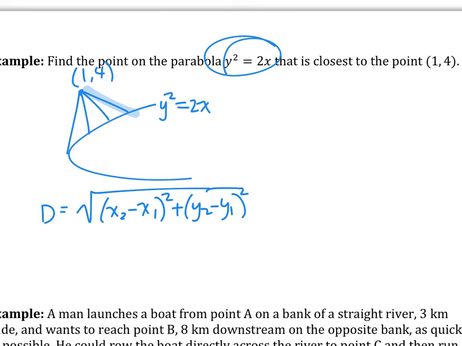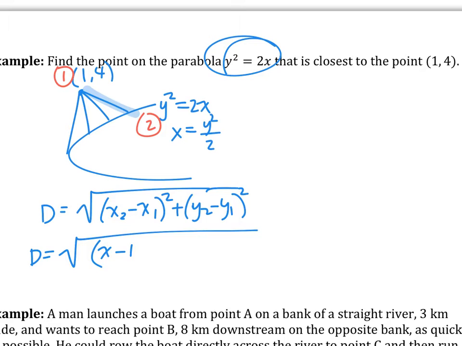I've almost got the derivative. Well, let me show you a fast way to get to the derivative. So the fixed point is (1, 4). You probably want to make it a little bit easier for yourself, so x is equal to y squared over 2. So d is the square root of (y squared over 2 minus 1) squared